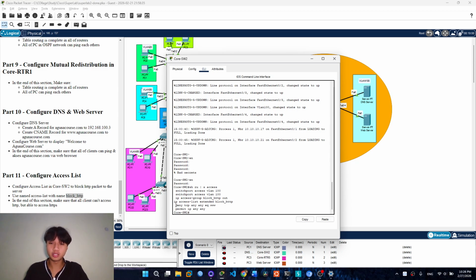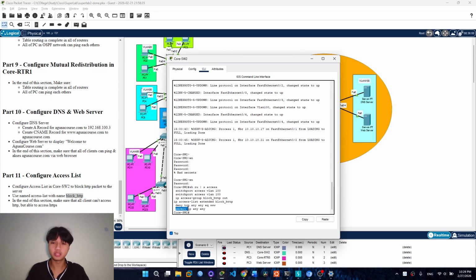And then you can use the command deny tcp, because the web server uses the TCP protocol, and then any, which means all networks cannot access the www or web server. eq is for a more specific port.